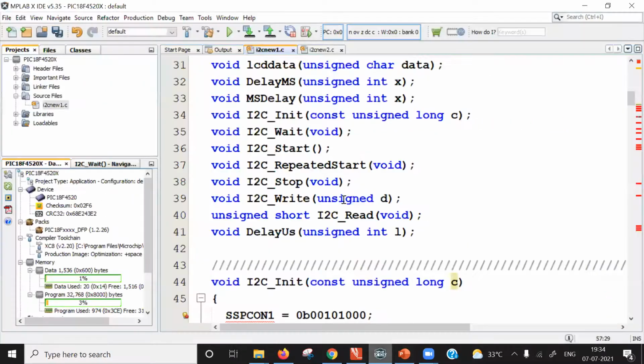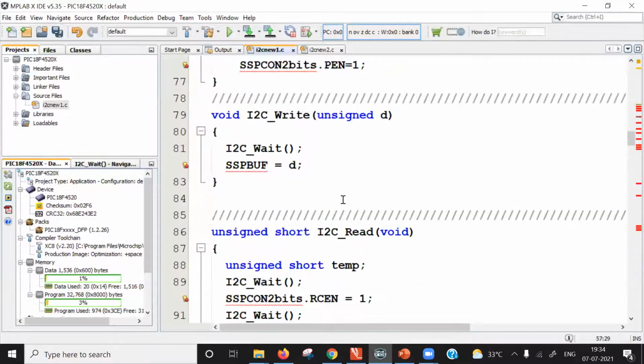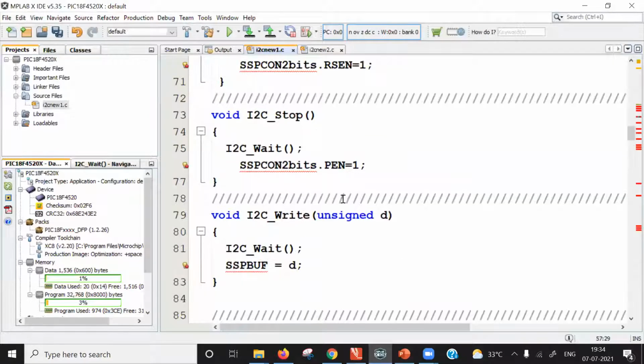And let me first of all show you this code, my code. I2C stop. What I am doing here, at the end of the write or read cycle, I am setting this bit to 1. And if it is already 1 and it is not initiated, see, during the next cycle, this stop condition must be satisfied, and it requires a couple of cycles. And if you immediately start transmission, what will happen? There will be error. So tomorrow definitely you will understand, because it will take time to explain this condition.